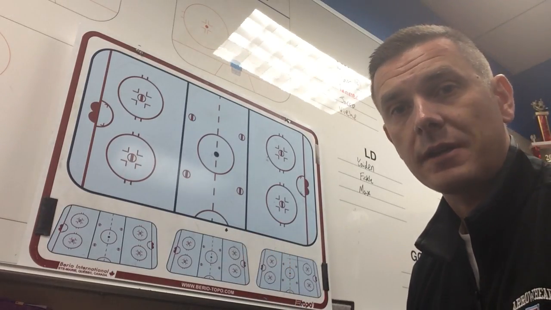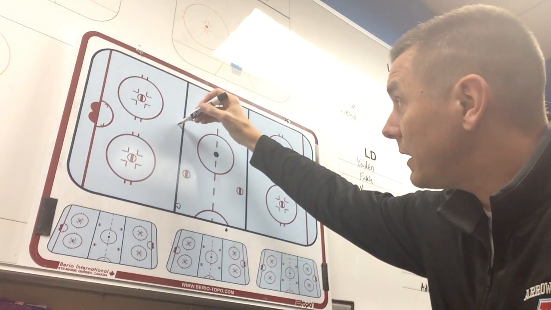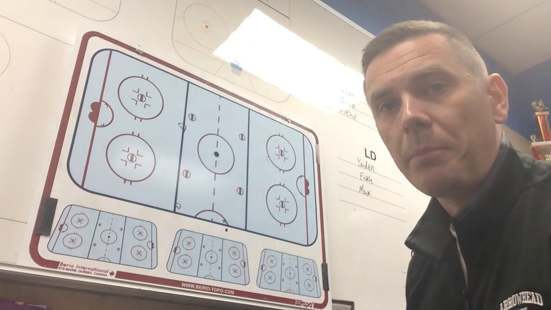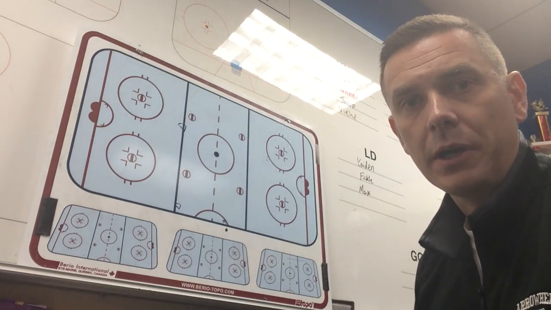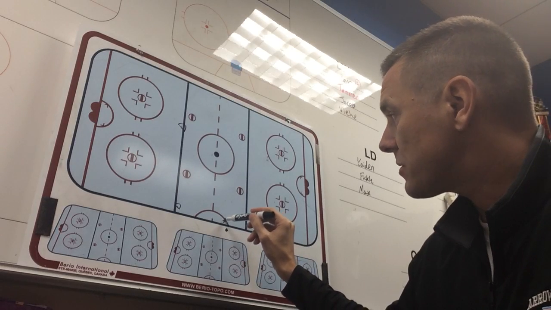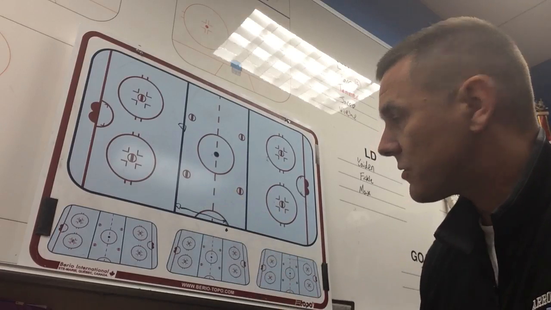So this is strong side. We're generally going to have two D that are back here. Usually we'll have at least one guy on the puck here, right? So our F1, our nearest guy to the puck. If F1 manages to get control, what I like to do is immediately bring it back to the strong side